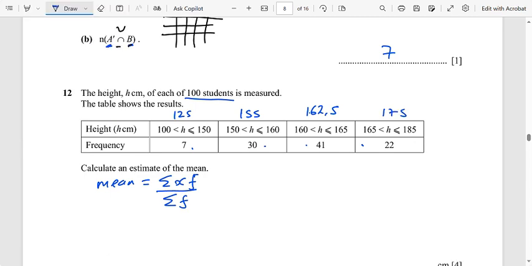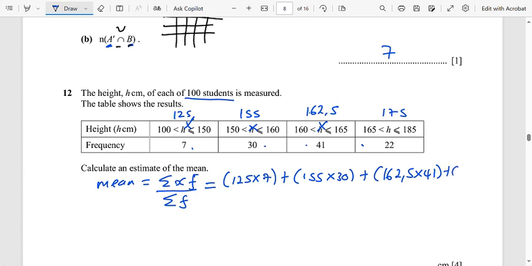So now that I found the mid intervals, I'm going to say the mean is equal to 125 times 7 for the first one, plus for the second class is 155 times 30, plus the next class is 162.5 times 41, plus the next class is 175 times 22. All over, when I sum these frequencies, I'm not going to do that manually because I'm told